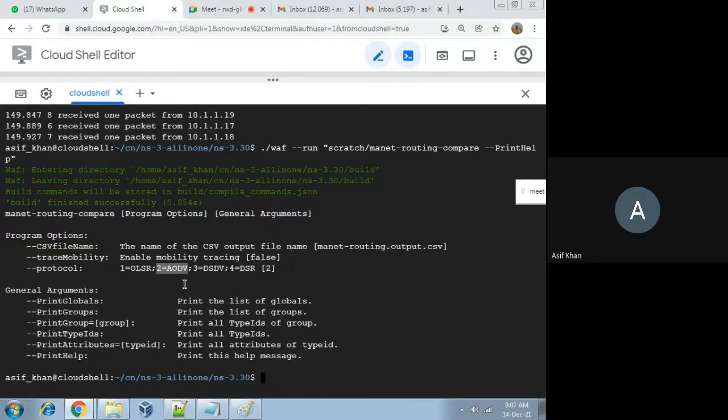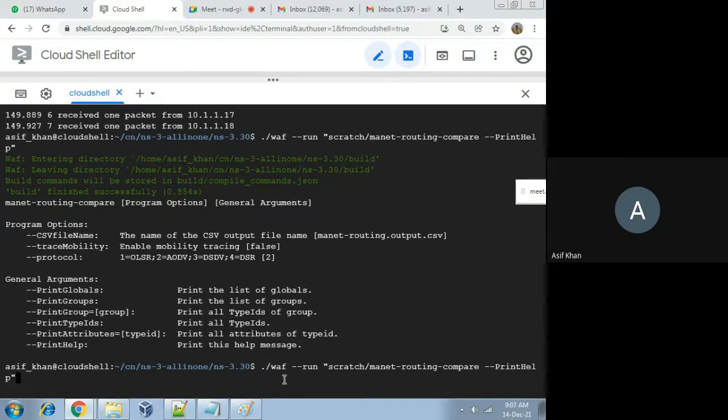Now suppose you want to run the DSR protocol. So I will pass the value 4. Yes, this is the code. Now here I have to pass --protocol equals, and for DSR I have to pass 4.